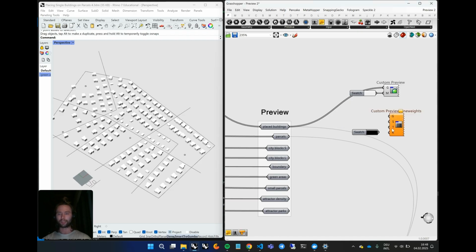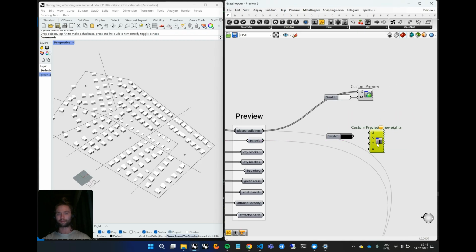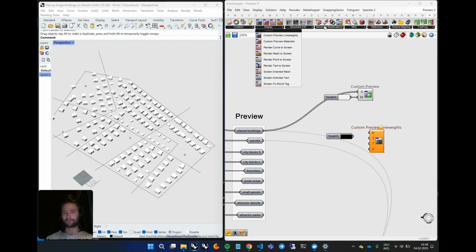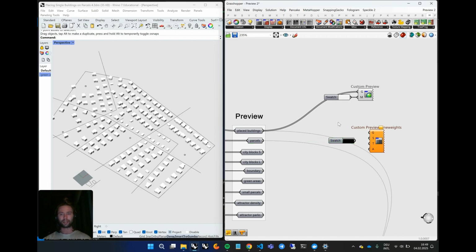And custom preview line weights is not included in Grasshopper. You should find it in plugins, and you can find it here in Human plugin. So Human plugin is really fascinating because it includes a lot of small improvements to default components, and one of them is custom preview line weights. I can tell you that I use it all the time. I need to preview anything in Grasshopper, just because that's a really cool way of giving some thickness to your